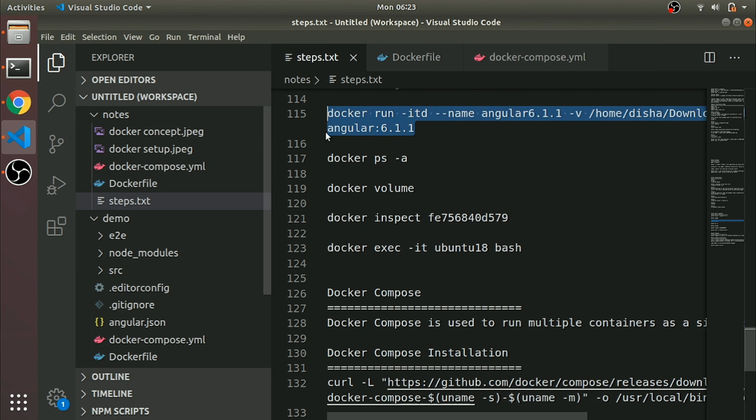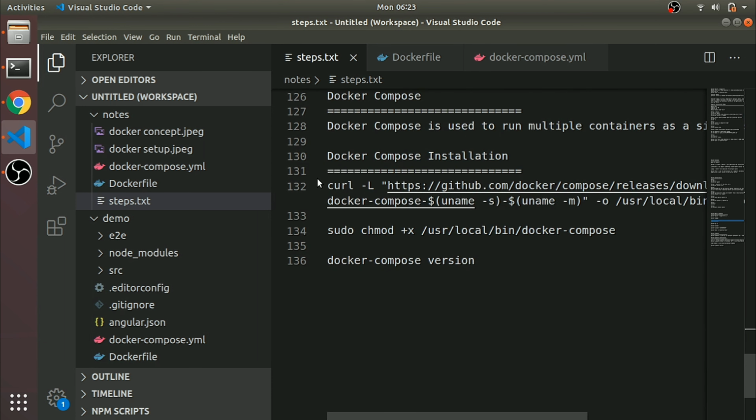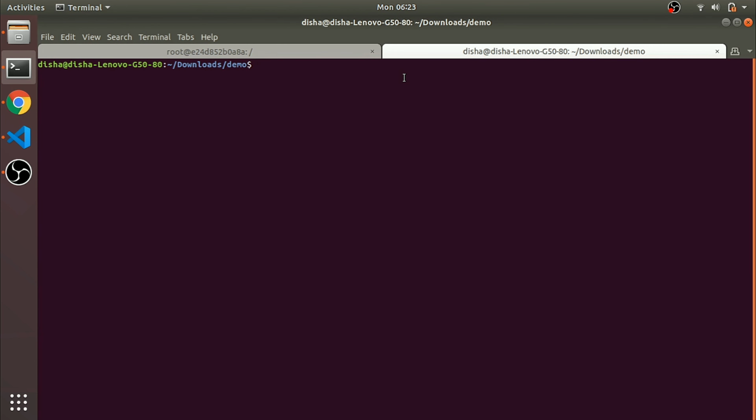For that I have some simple commands here. This is one command, this is the second command, then this is the third command. Very easy process.